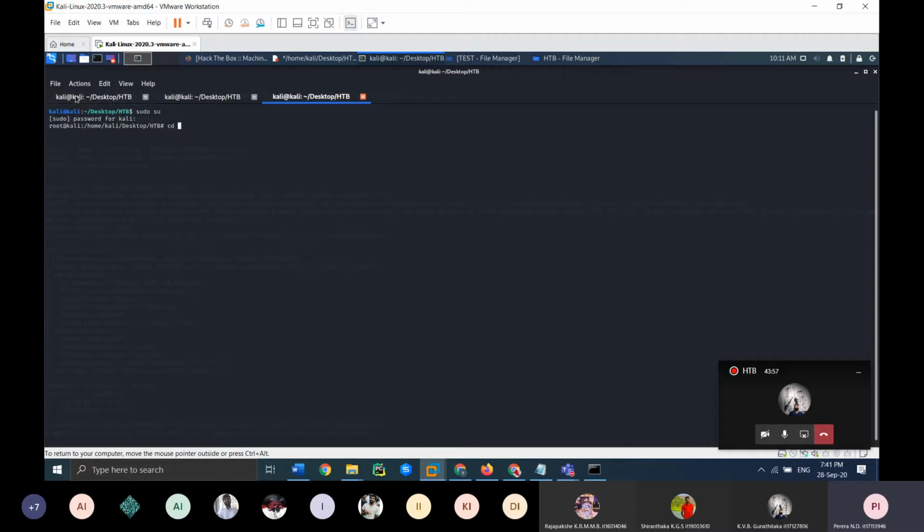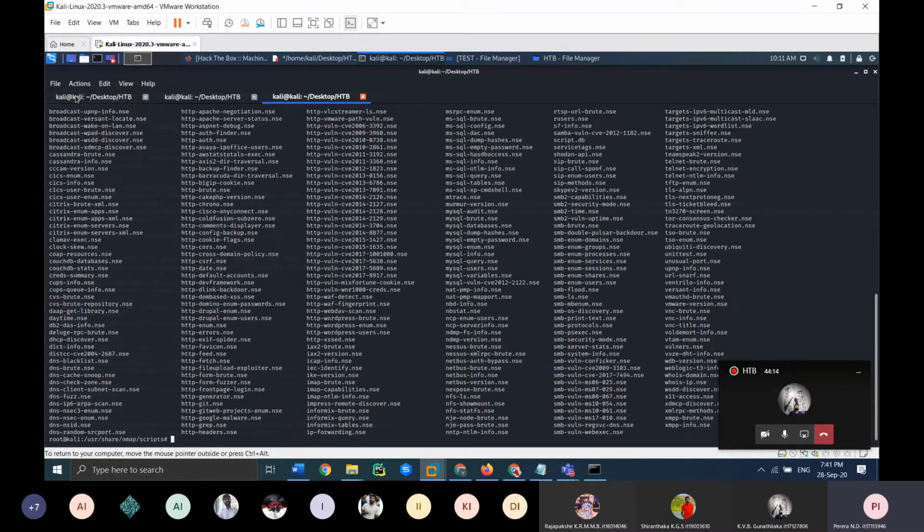The Nmap scripts are in the user share Nmap scripts location. Now I'll show you all the Nmap scripts.